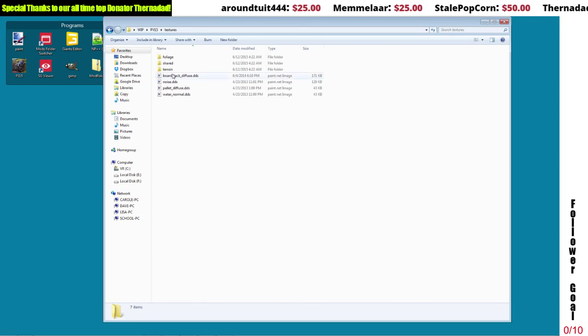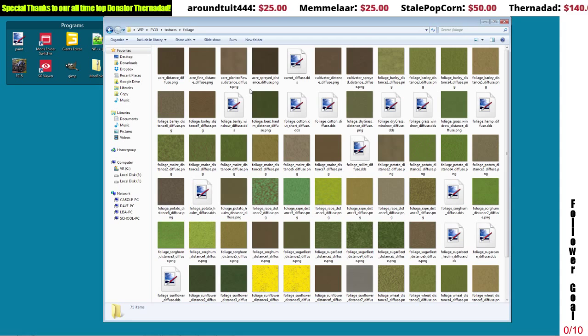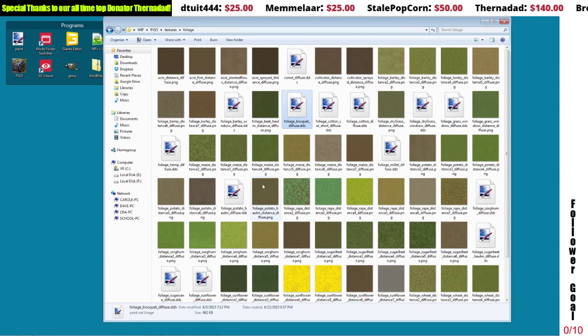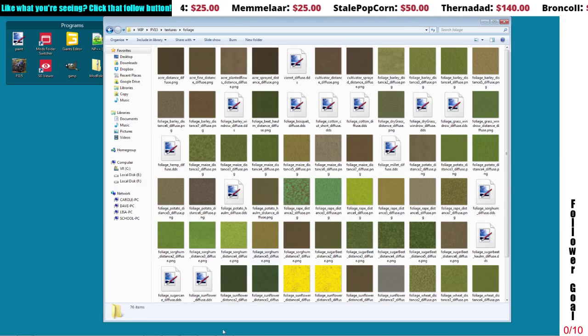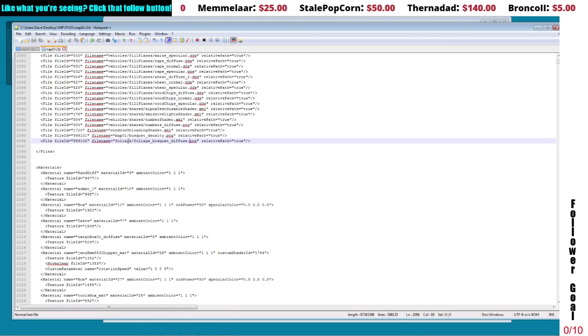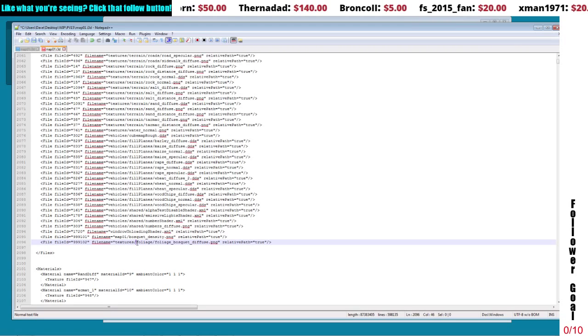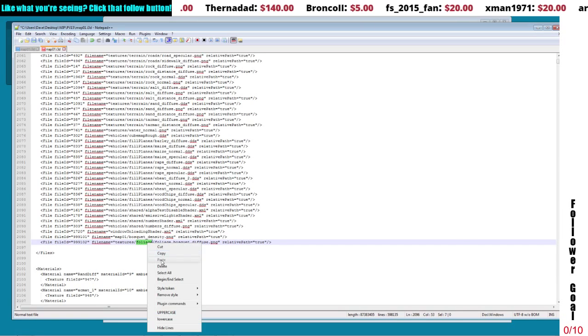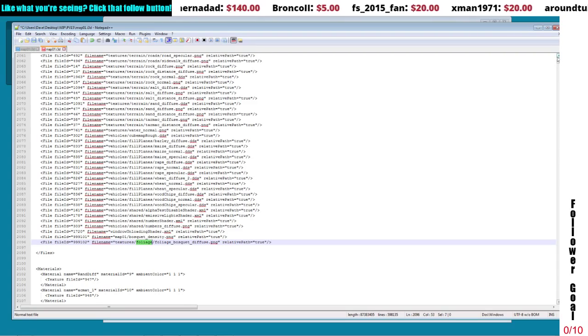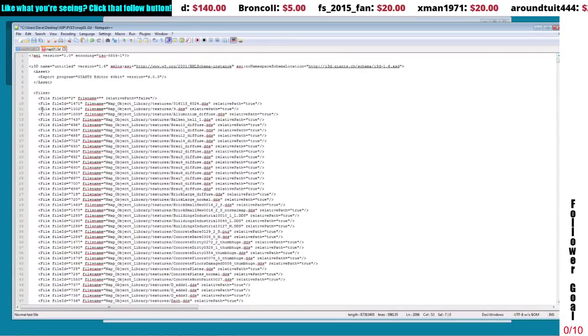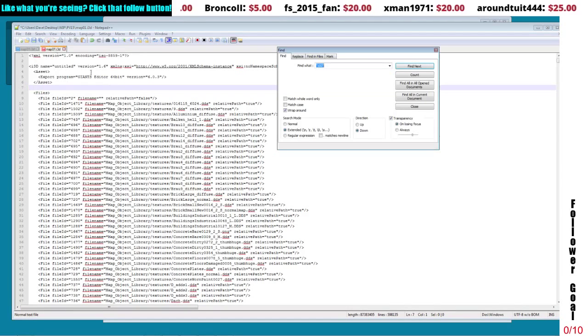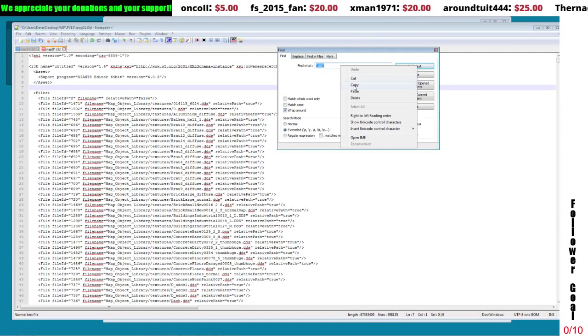I have it in textures foliage on this one, and you can see all the nice textures. I'm going to paste it in there. Now I have to correct the path because I'm putting it with the rest of mine, so let's bring that back up and put textures/foliage, and you can always double check. Once again, there are other foliage layers in here, so I'll search at the top for one of my other foliage layers, and it'll scroll down to a foliage. We'll paste the foliage,